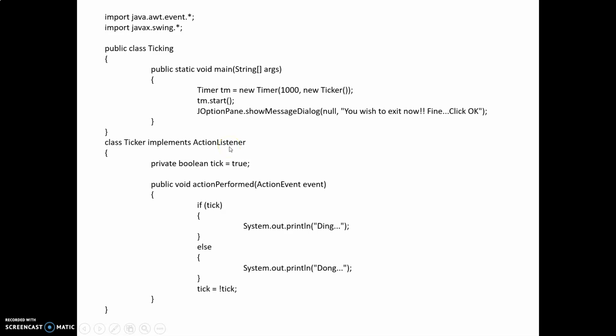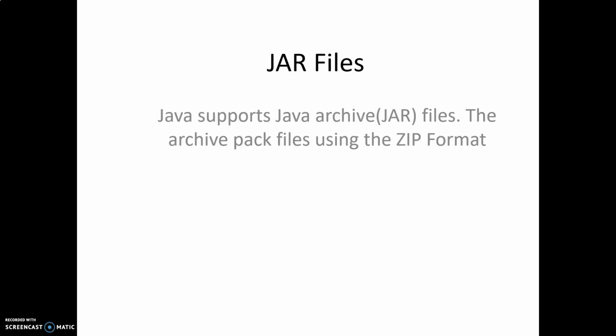As soon as we use the action listener, we call the method ticking. If there is a tick, we print ding, or else we print dong. So here it just depends upon the clicking. We are making use of the Ticker class which works on the ActionListener. So this is something about the callback interfaces.